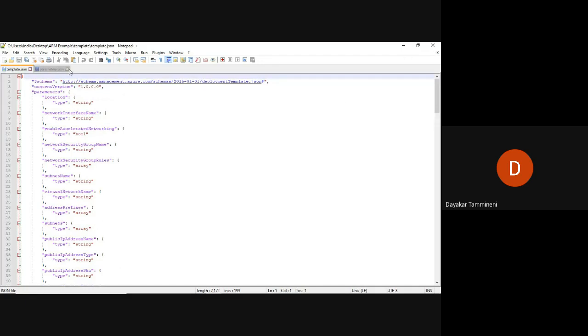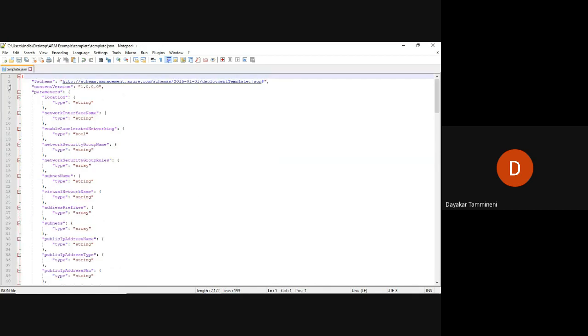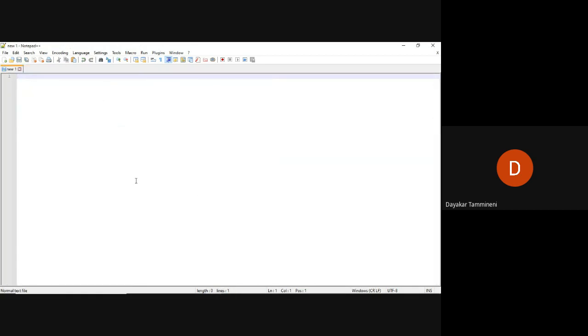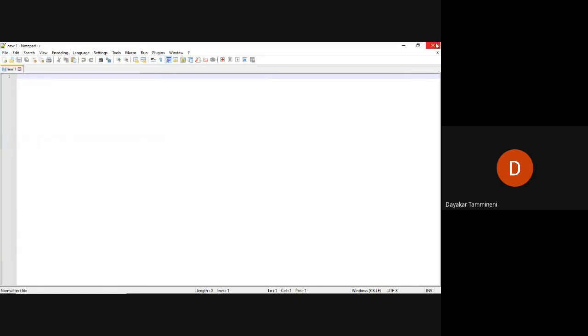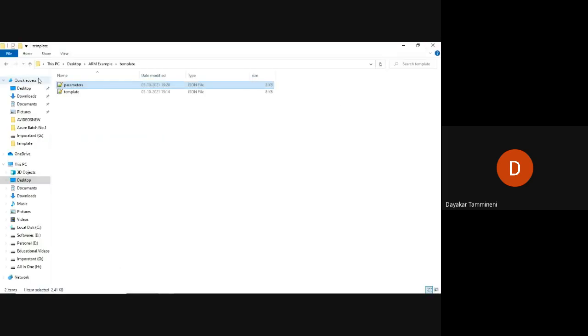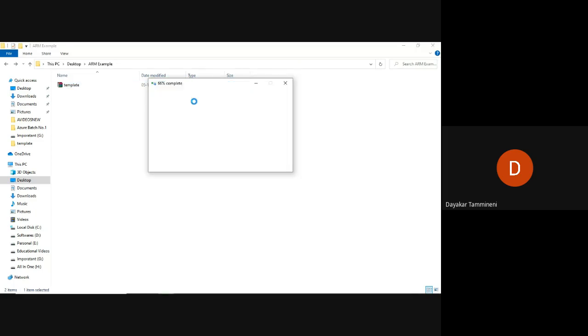Now it is time to create the virtual machine using the existing template, which I have downloaded from the Microsoft Azure website.